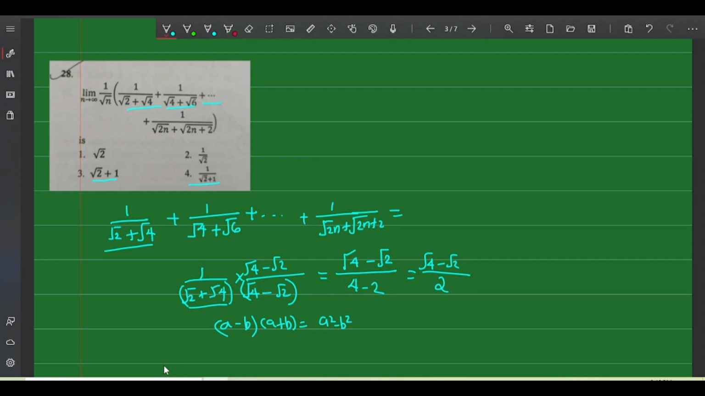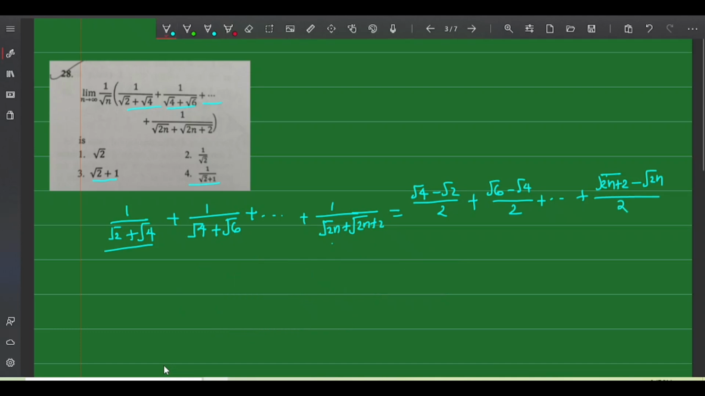So here we can replace 1 by (root 2 plus root 4) by (root 4 minus root 2) by 2 plus. Similarly, we can write 1 by (root 4 plus root 6) as (root 6 minus root 4) by 2 plus etc. And the last term will be (root (2n plus 2) minus root 2n) by 2. Now look at the denominator of this expression. All of those are 2,